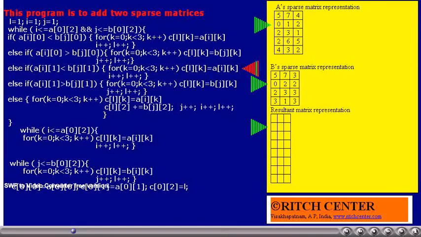A[I][1] is 1, B[J][1] is 2. As 1 is less than 2, the element of matrix A is copied to the resultant matrix. That is, the element 0, 1 will come first compared to element 0, 2. That is the reason why 0, 1, 2 is copied into the resultant matrix.